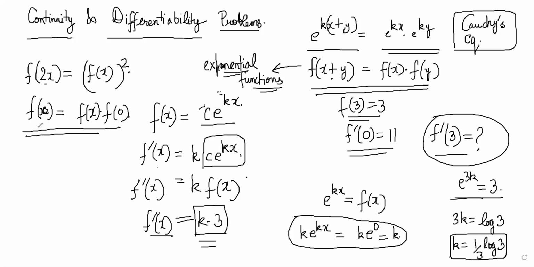So that means that either f of x is 0, which is a trivial solution, or f of 0 is, subtract this, 1, right? f of 0 must be 1. So if f of 0 is 1,